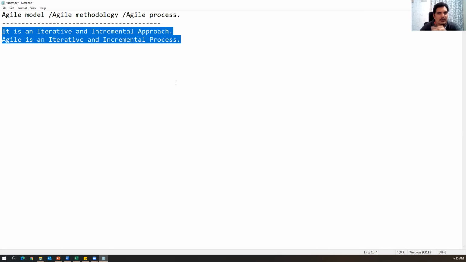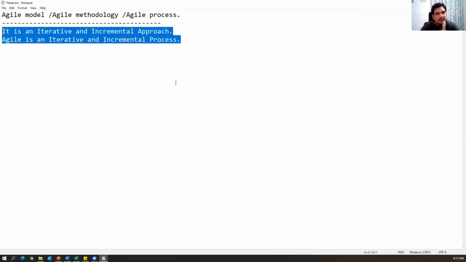The first principle is that the customer no need to wait till the complete software is developed. That is one principle we have to follow, because we have to deliver the software in bits and pieces. For example, when the customer gives 100 features, we will implement 5 to 10 features first. We will develop and test them, and then we will release a small piece of software to the customer as early as possible.